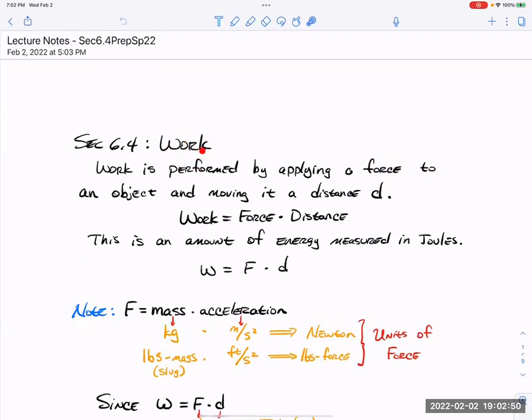So what work is, it's performed by applying a force to an object and moving it a distance d. Okay, so work is equal to force times distance. And for this introductory calculus class, this is actually a physics application, and force and what we call displacement are actually vector quantities. So this is actually a dot product, but we kind of ignore that dot product and just